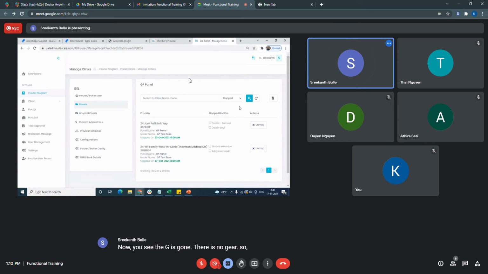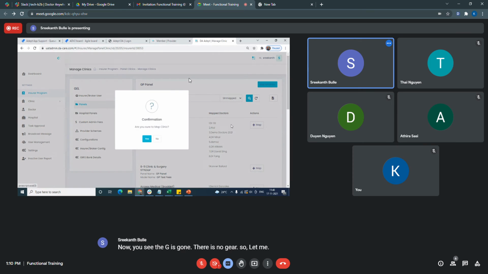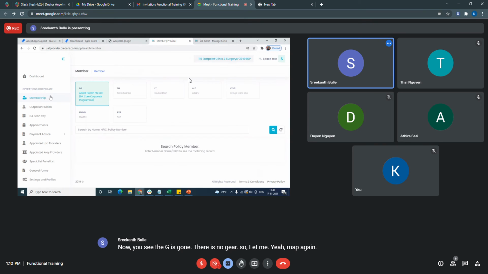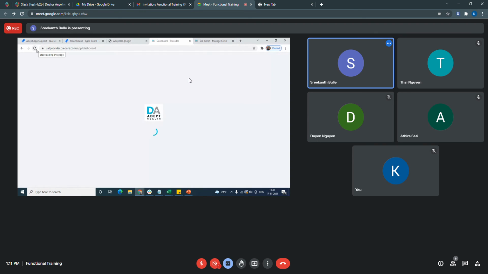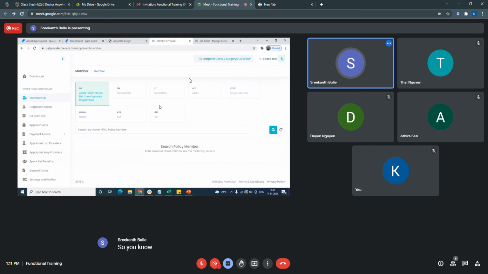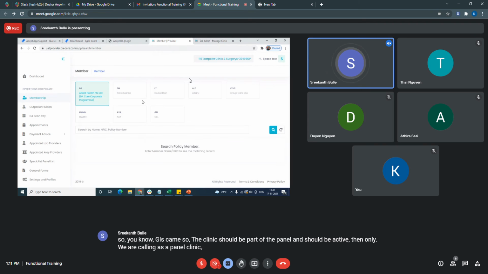So let me, yeah, map again. See, now GL has come. So the clinic should be part of the panel and should be active. Then only we call it a panel clinic, and the clinic can see the programs.